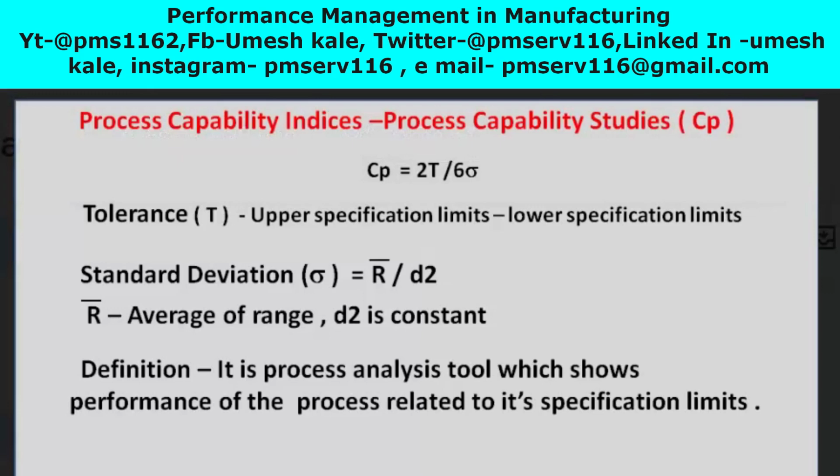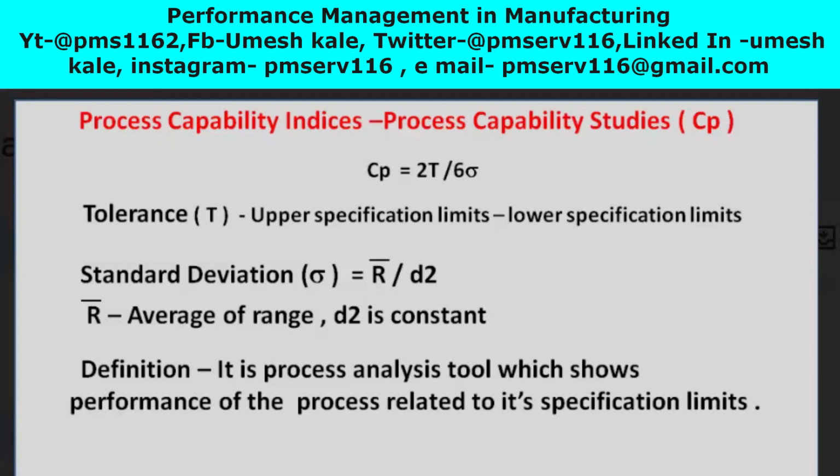that is standard deviation. Sigma is standard deviation and the formula for the 6 sigma is R bar by D2. So R bar stands for the average of the range. So whatever observations you have taken for the process capability study, you have to calculate the range of each set of the observations. Means if you are conducting 5 observations and one set is having the 5 observations within it, so the range of those 5 observations is R.